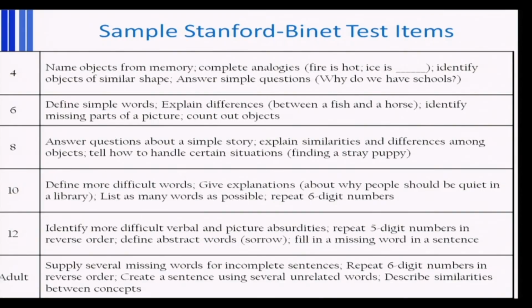Identify missing parts of a picture. Suppose a picture is shown, a cow's picture is shown and two legs are missing. Now, then you ask, is it a cow, or what is missing in the picture? So, that shows the analytical ability of the child. Then answer questions about a simple story, explain similarities and differences among objects, tell how to handle certain situations like finding a